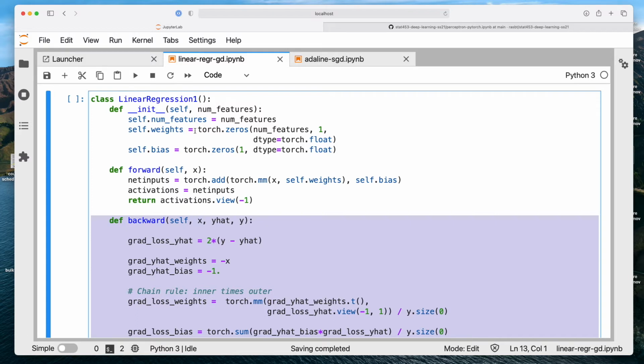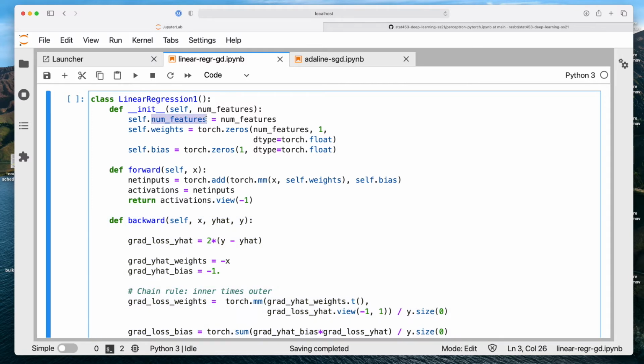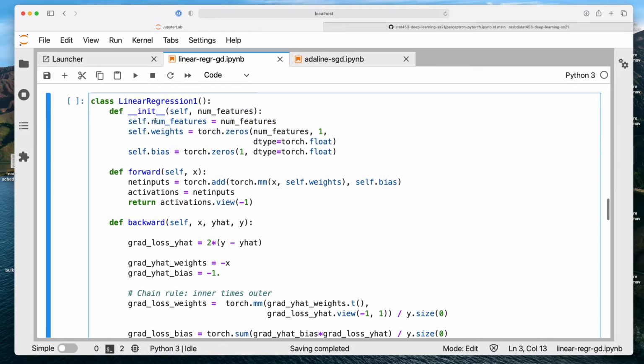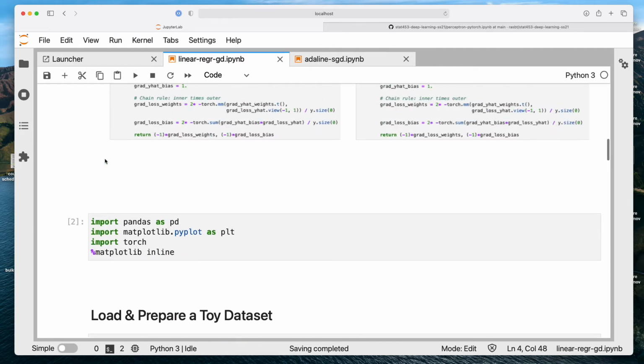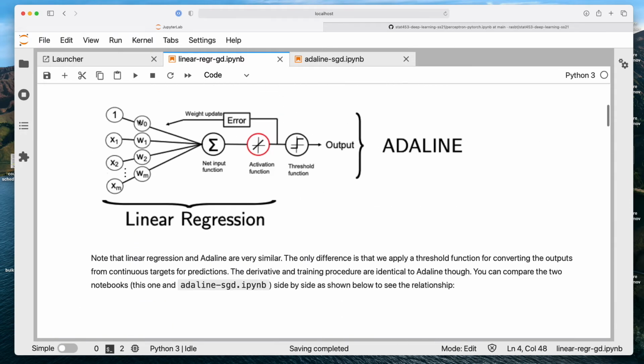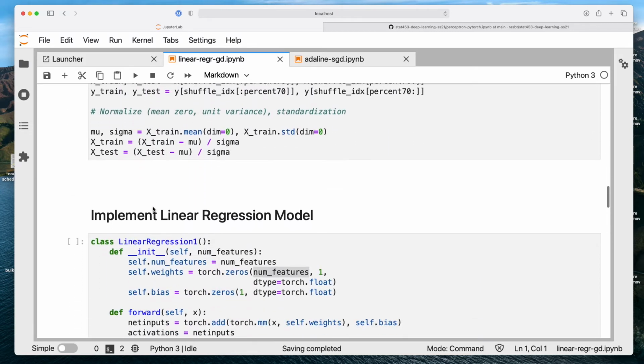So first we define the number of features here in the initialization method, and then we assign the weights of our model. We just use 0 weights. Can be also small random numbers. For this model it does not matter. We initialize our weights. We need to know the number of features, right? So we use that information here because if I scroll up, the number of weights depends on the number of input features, of course. Okay, let me go down again.